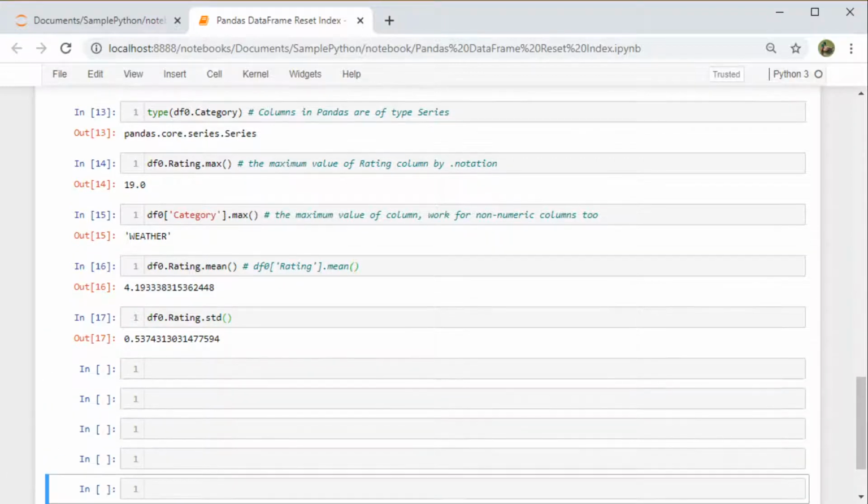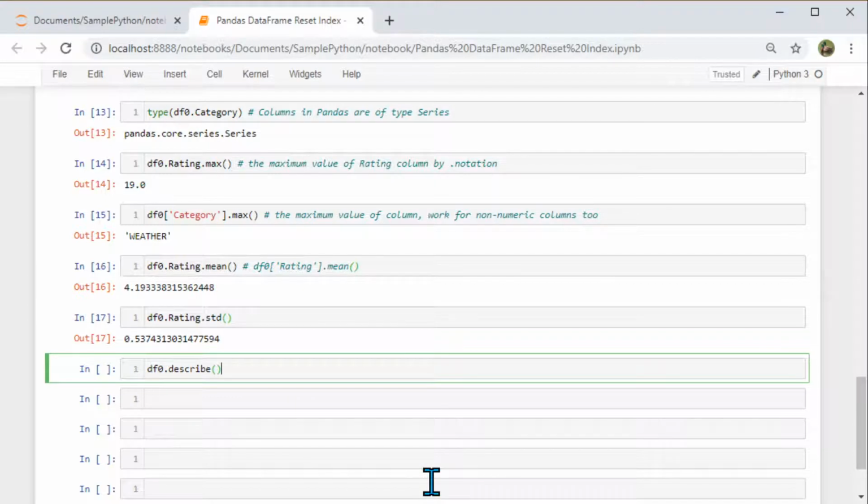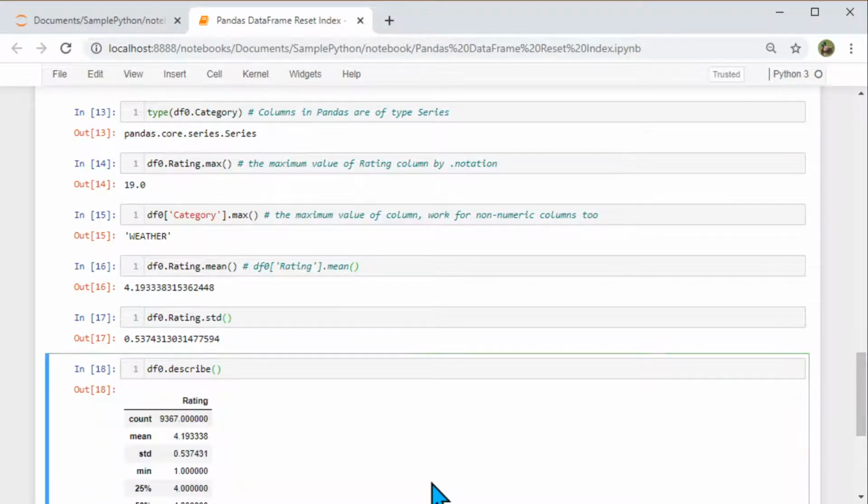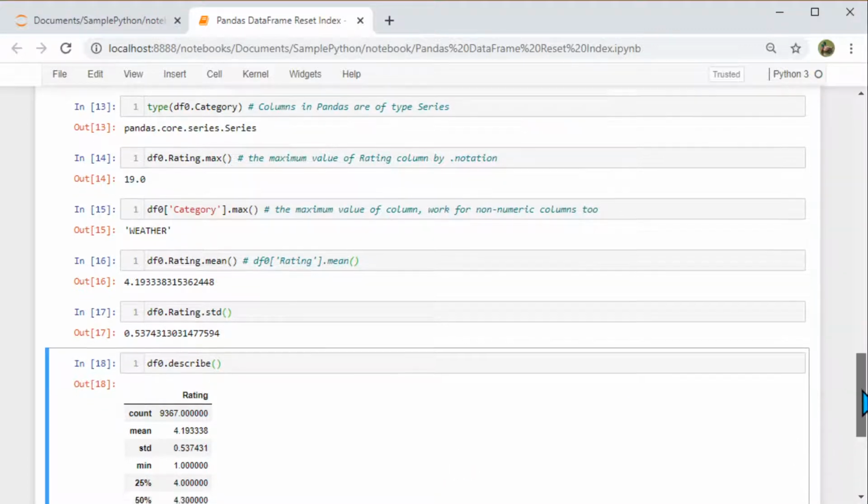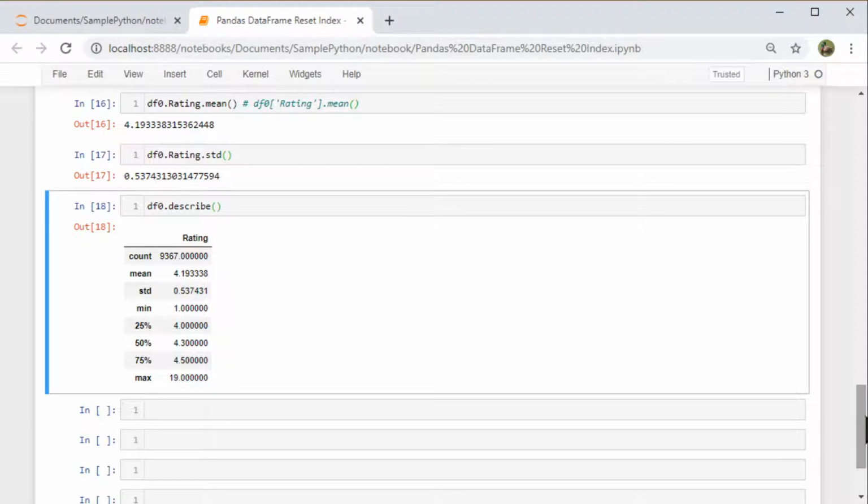And one of the features which I like a lot is describe. On a data frame we can say describe, and what pandas would do is go and look for all numerical columns, and in this case we have only one numerical column, which is rating. It would take that and find more statistical information like the number of rows, the mean, the standard deviation, and all that stuff.